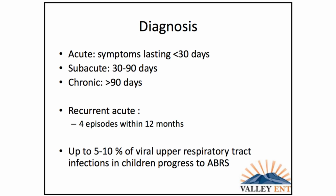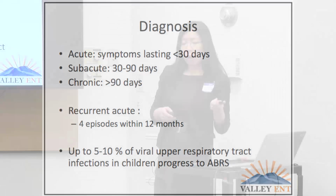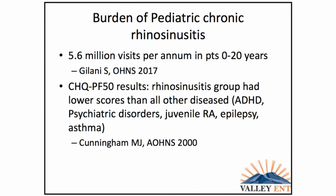It's important to differentiate upper respiratory infections that are viral versus bacterial, because 6 to 8 episodes a year for kids is average for upper respiratory infections. About 5 to 10% of those go on to become acute bacterial rhinosinusitis. And when it becomes chronic, it becomes a fair amount of disease burden, about 5.6 million visits per year. And on quality of life